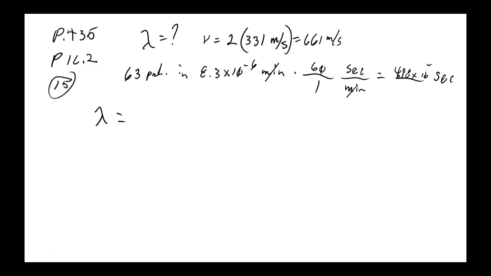That's frequency, right? Yeah, that's frequency. So when we use the formula, velocity equals wavelength times frequency. And we're looking for wavelength, so that would be divide both sides by frequency, right? So wavelength is equal to velocity, 661 meters per second, divided by